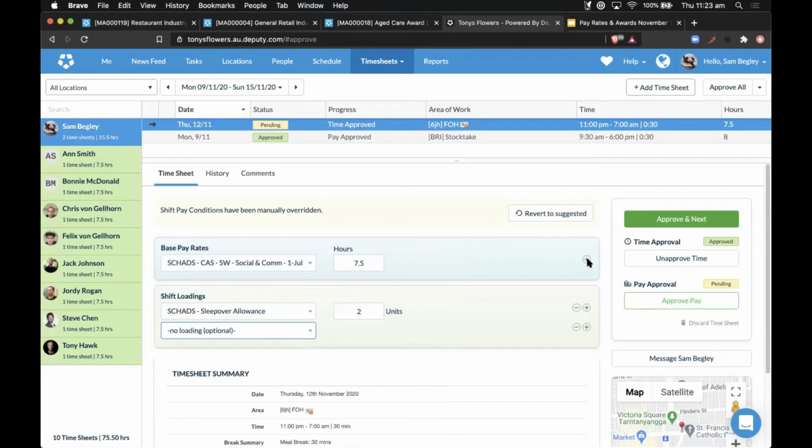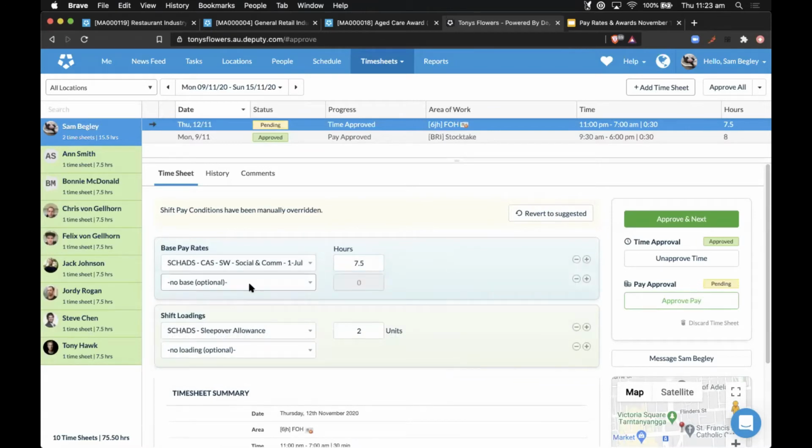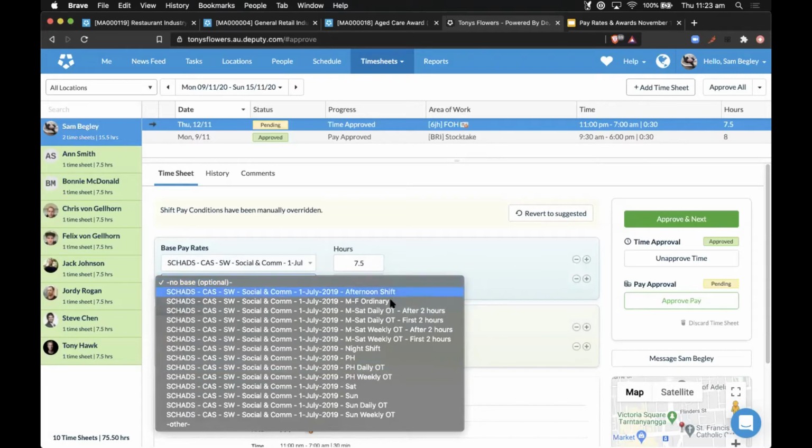Another one that people can use as well is if you hit the plus symbol on the base rates, from this drop-down menu, you can add overtimes that you want to manually add that are different to how the business interprets it. Because again, no matter how specifically we build in the employment terms and the awards in Deputy, businesses always have leeway with certain pay conditions that allow them to add a night shift when it's not applicable, or a public holiday, or any of these other working situations where you get a bit more control. So we want to give employees that control.